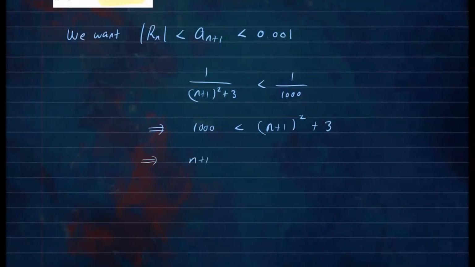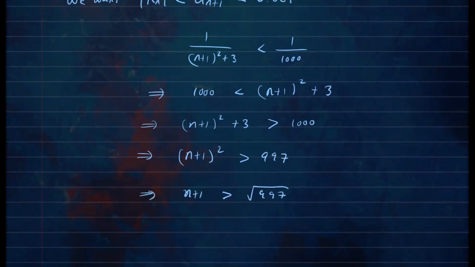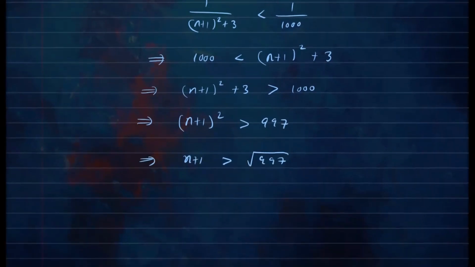So we can say that (n+1)² + 3 has to be greater than 1,000. Algebraically solving this, I subtract 3 from both sides. So we have (n+1)² is greater than 997 when you subtract 3 from 1,000. Then square root both sides, so you're going to get n + 1 is greater than the square root of 997. And then I subtract 1 from both sides, so we must have n greater than the square root of